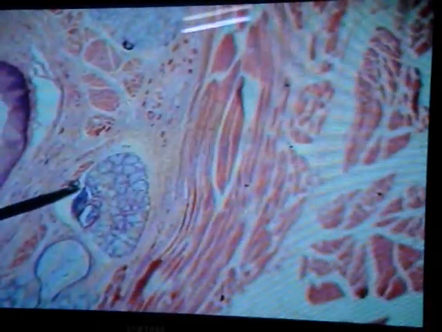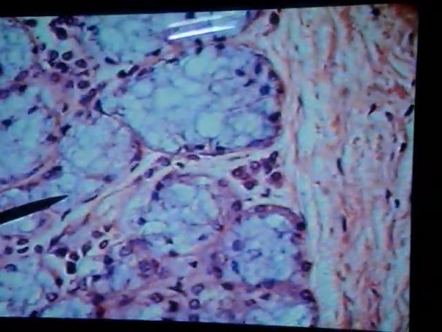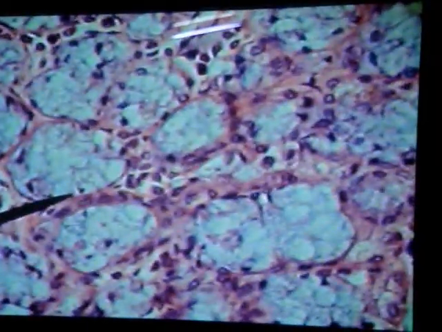Sometimes in the lamina propria you can see a lot of mucous glands in the pharynx. These are the mucous glands. Let's see under high power, these are the mucous variety of glands. How does the mucous acinus appear? Look at this. The cytoplasm appears clear and the nuclei are basally placed. So these are the mucous glands occupying the region of the lamina propria.